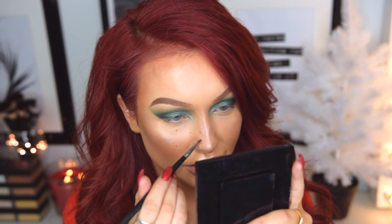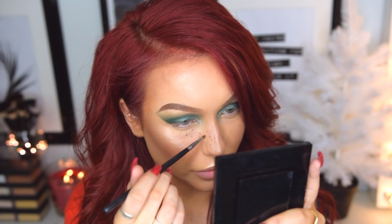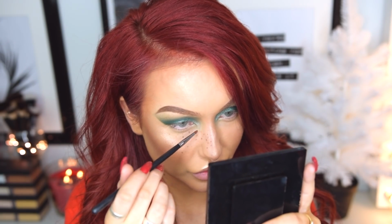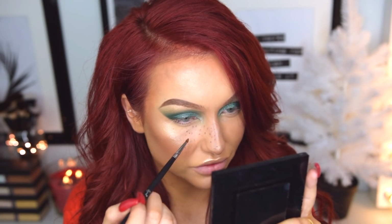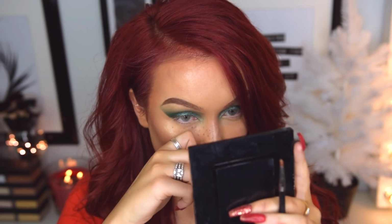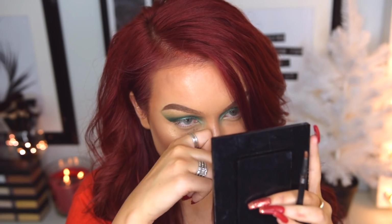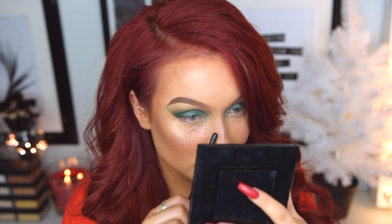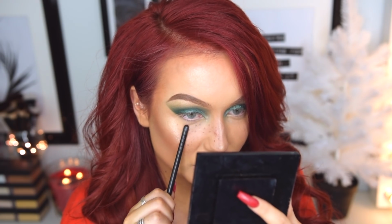like this. And I honestly don't understand what the problem is with people who hate on people who like faux freckles. I obviously have freckles naturally underneath my makeup, and even during summer I fill them in because, to be honest, when you use a full coverage foundation, your freckles will disappear, like everything will disappear. So I don't understand the hate on faux freckles. I honestly don't. So I sometimes even go in with the handle on the brush, and I just